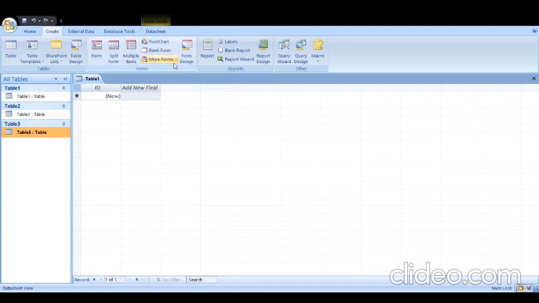Now how to create it? You have this navigation bar. Go to form, then more forms, and go to form wizard. In the form wizard, you can see these are the headings we have for our table. Whichever you want to give, you can choose one by one.